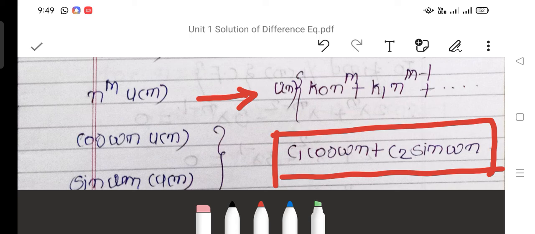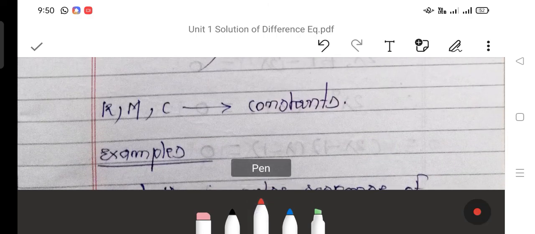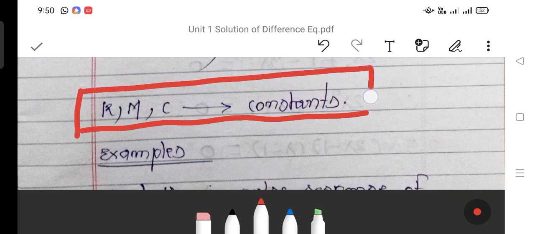And now we can solve the difference equation by the classical method. We are not using here any kind of transformation method, not Z transform, not Fourier transform, or other transforms. We have to use the classical method here because it is mentioned in the syllabus, that is solution of difference equation, last part of unit number 1. So we will continue our discussion now, where all these are the constants k, m and c.